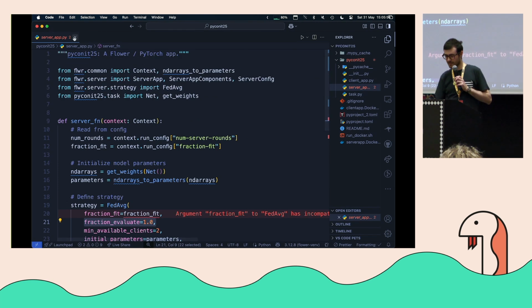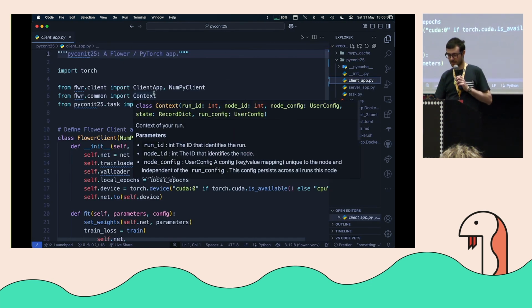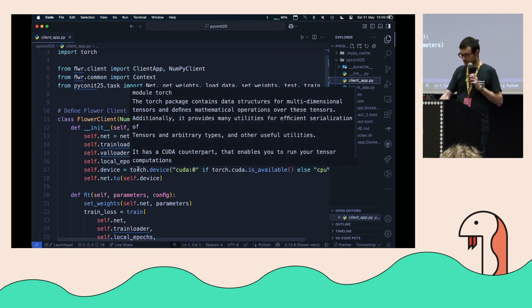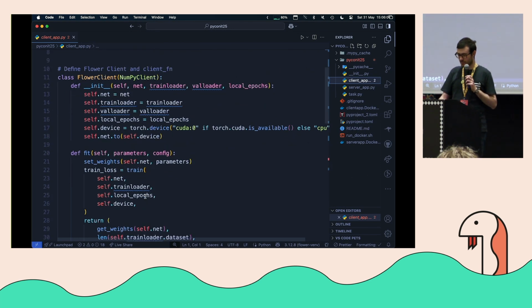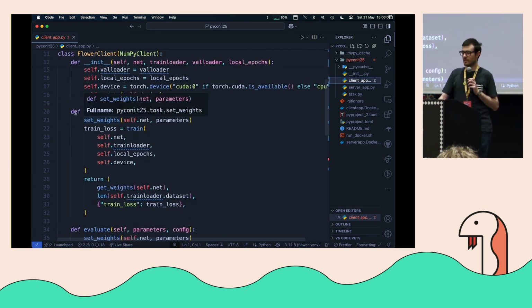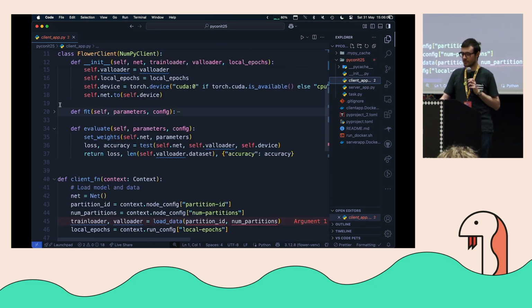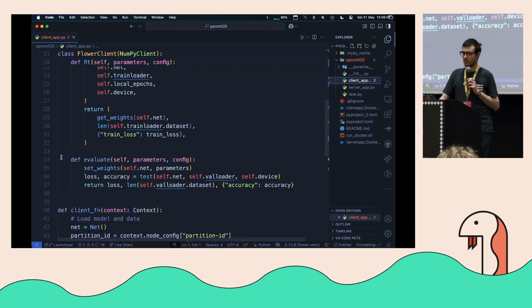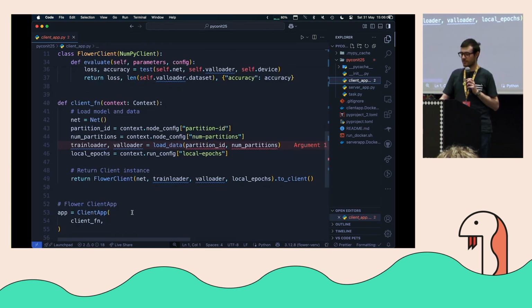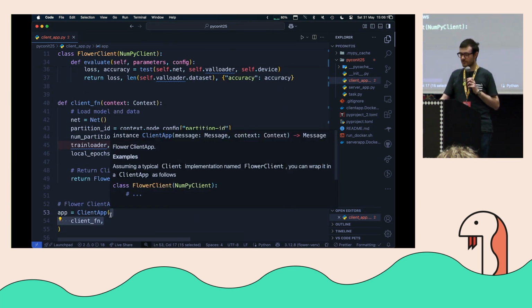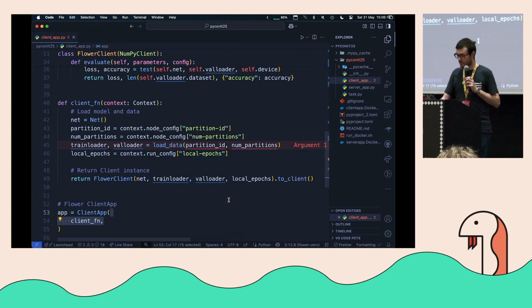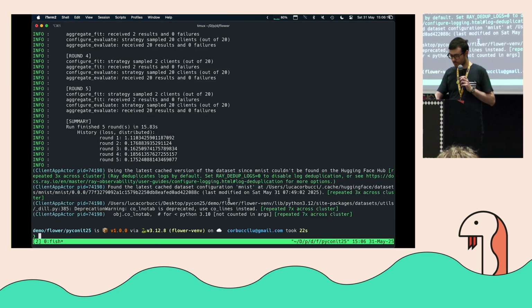Last thing I want to show you is the client. It's nothing too difficult here. In this case, you just have to declare two functions. One is to train the model, one is to evaluate it, and then you just have to declare your client. And we can go back to our